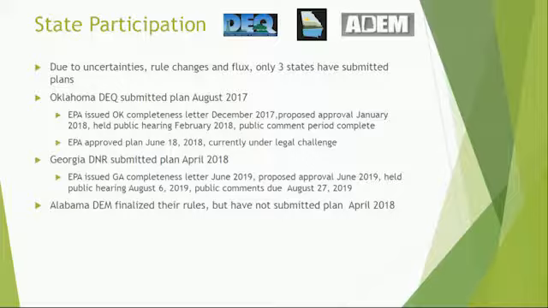I mean, right now it's a moving target. States don't necessarily want to jump in and try to do this because they don't know what to put in their rules. It's a big resource challenge for the states to go in and write rules and get everything situated to do that. They don't want to do it 4 times.